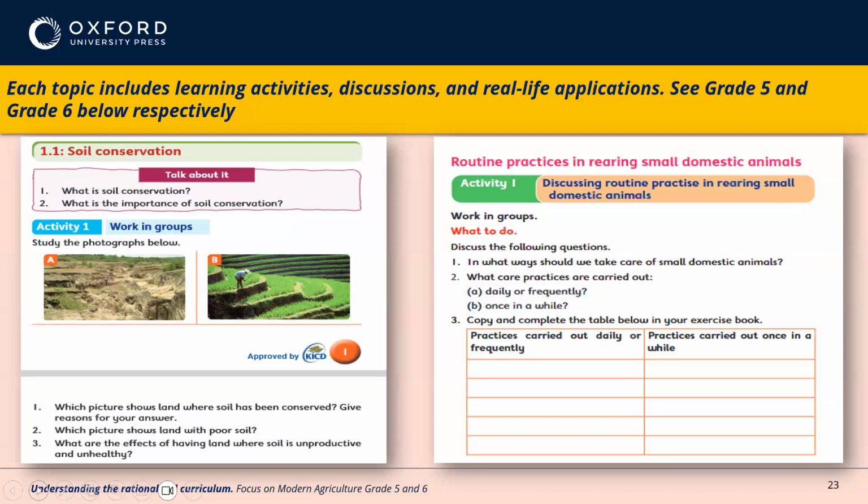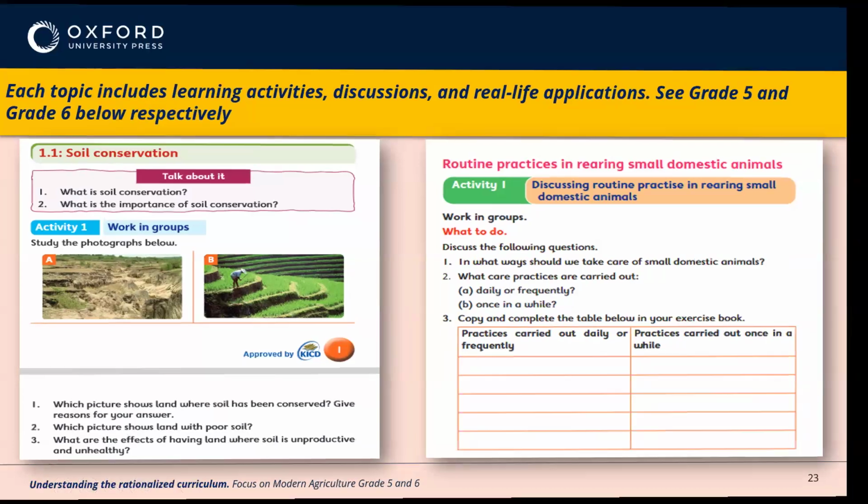When you go to the grade 6 book, activity 1, they're going to work in groups, that's communication and collaboration, they work together. Then they're going to have a discussion on the care practices done frequently, and then they're going to make a presentation by compiling the facts in a table. Next,